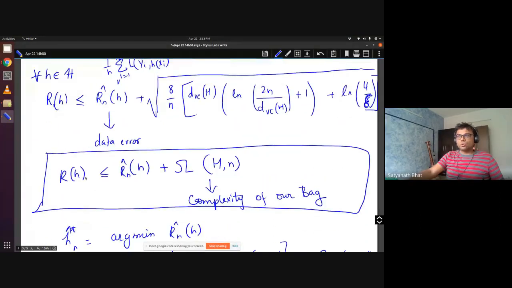Now it's clear, right? So did you understand the consequence of this kind of study? Because now we are saying that if you just use the empirical risk and directly minimize that, it may not be the best strategy. You may want to also tag along the complexity of your model as a term, and together you should try to minimize. That is the best way to choose your hypothesis bag. This is a choice about a hypothesis bag.